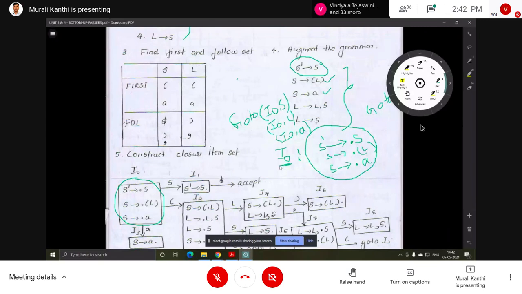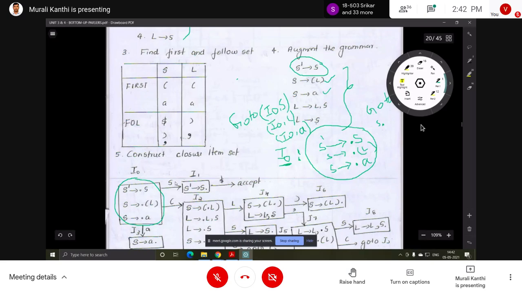So first goto of I0 comma S. Just shift this dot by one symbol, that's it. After applying the goto function on this item, what will we get? S' implies S dot. After that, no symbol, just stop here. That is a new set.